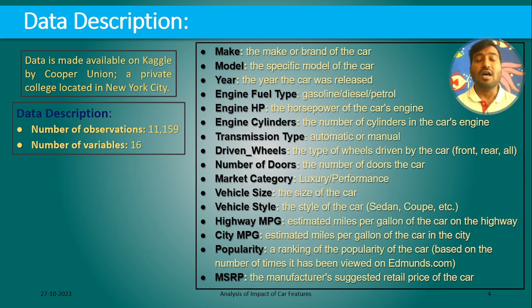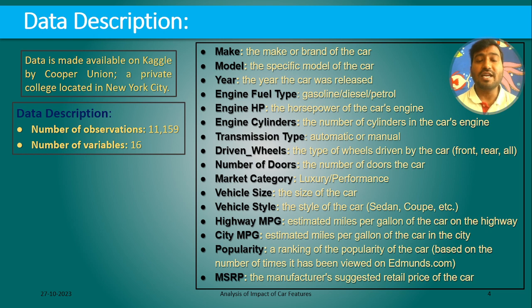Now, after the project description, we come to the part of data description. The data that we are using is provided by the client on Kaggle by Cooper Union, a private college located in New York City. In this data set, we have 11,159 observations and 16 features. The features are given in the list,